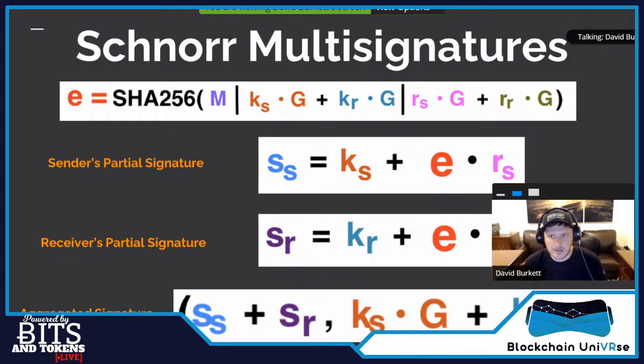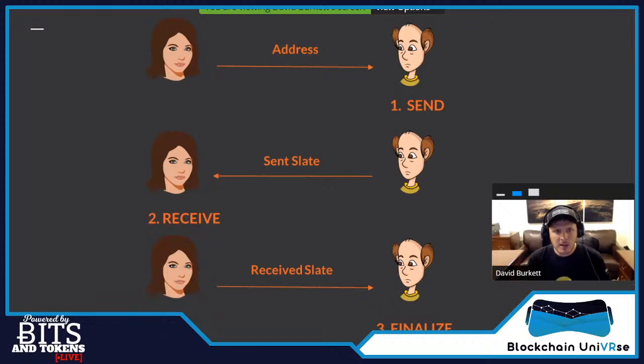But because it requires that interaction, transactions are kind of difficult. Let's see what they look like here. So you have your address. This is where Alice is the receiver in this case. She shares her address with Bob, and this address is just used for encrypting or communicating. And Bob goes and initiates the send. This is where he generates his public key and his public nonce, and he adds his inputs to the transaction. Those are the coins that he wants to spend.